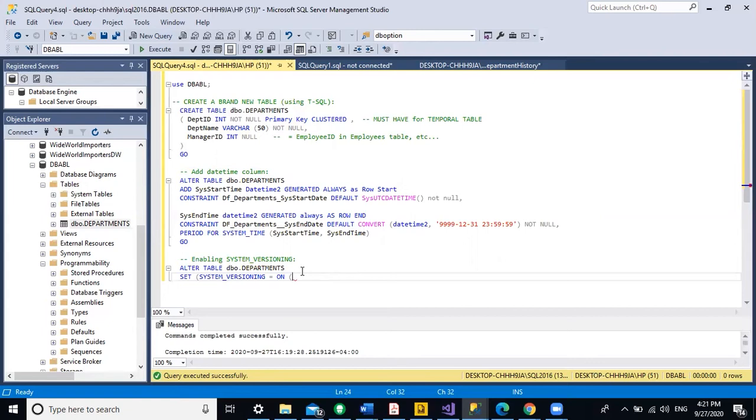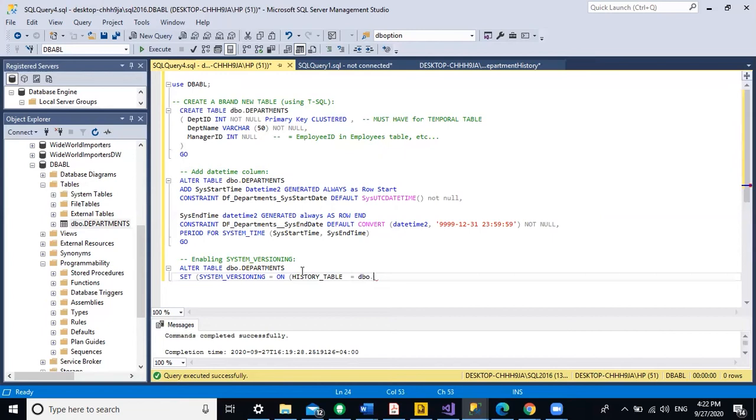The syntax here, just to finish this command, is history underscore table. Let me see, I think I forgot exactly how. Okay, equals, right? So history table, and then we are giving the name of the table